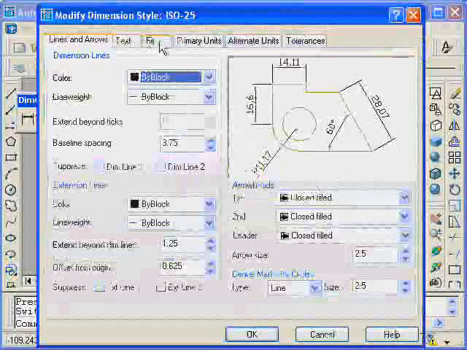Then I'll activate the viewport and set the layer to FDIM. And now I can proceed with adding dimensions. I'll add a linear dimension here, return to paper space,